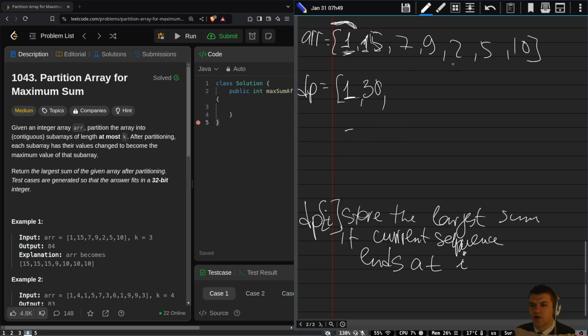Let's check out K equal to 3. Let's check the next value, 7, the current A of I. There are again a couple of options. The first option is that the current sequence has length 1. In this case the largest sum is 7 plus DP of I minus 1, so 7 plus 30, which is 37. Or